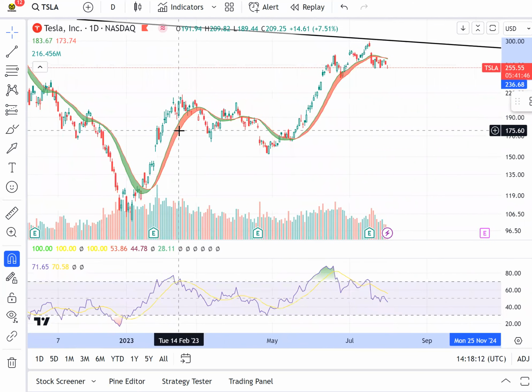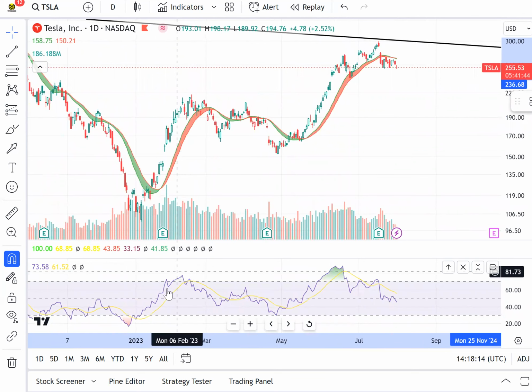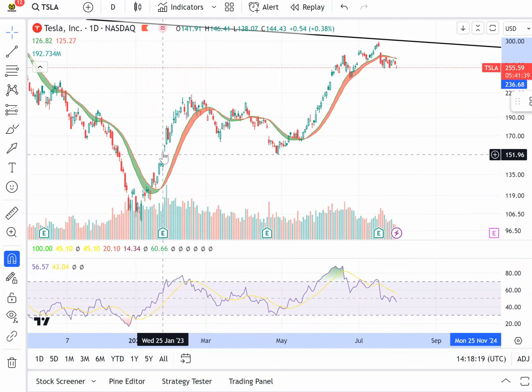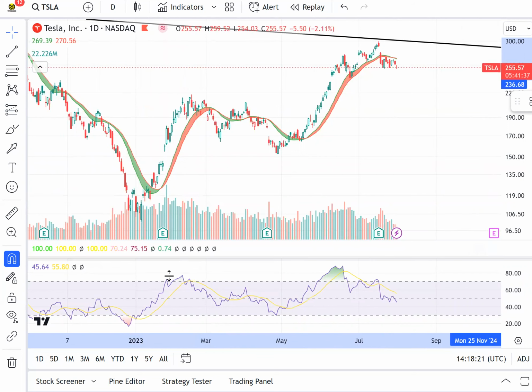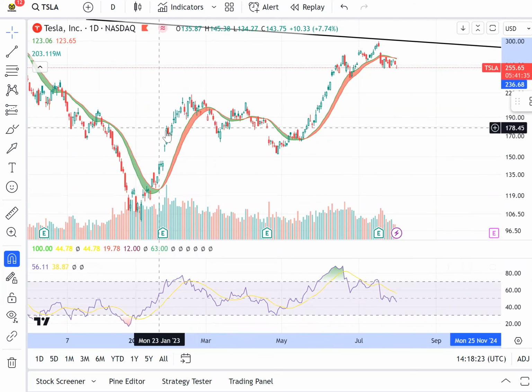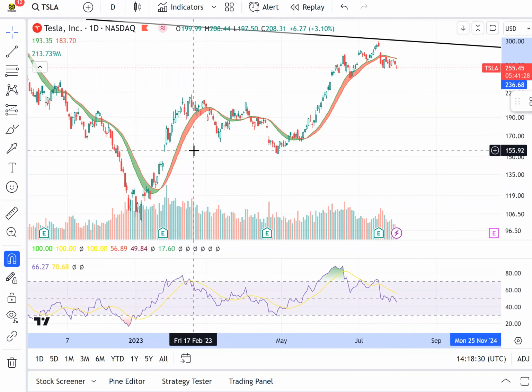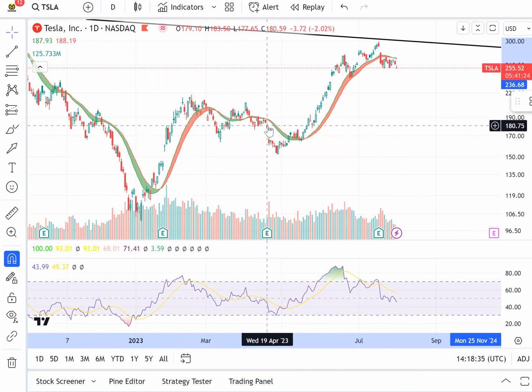The daily chart sometimes has more false signals. For example, here it goes up, comes back, goes up, comes back. If you sell at the first one, when it drops below 70, you miss the whole thing. You will sell the stock at 175. So maybe you need to use the weekly chart